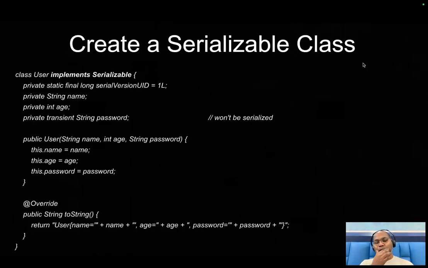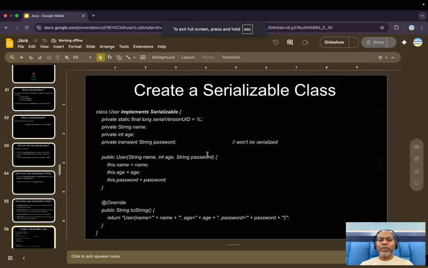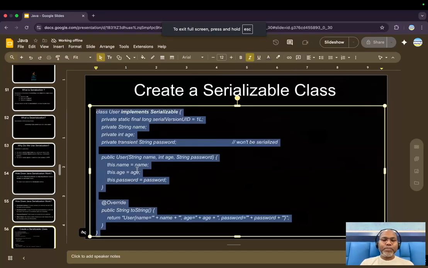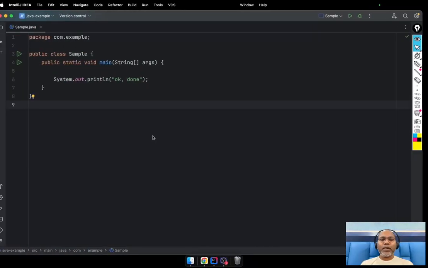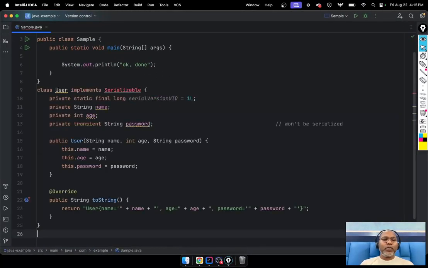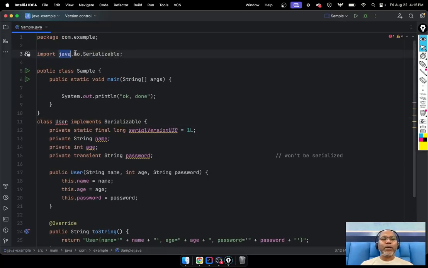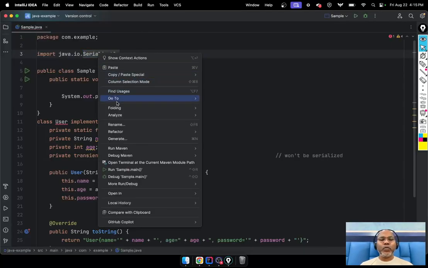So this is the theory part. Let's go with a simple example. Say you have one simple class. How can we tell whether this class is serializable or not? Let's create one class and just implement the Serializable interface. This Serializable interface comes as part of the java.io.Serializable interface. And if you right-click and go to